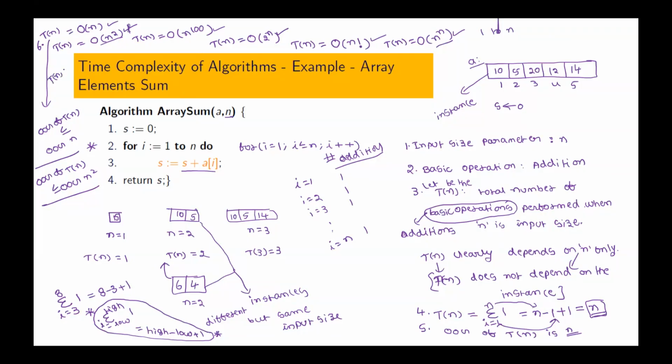Is the reason behind that clear? If we write big O of n square, is it wrong? It is not at all wrong. But